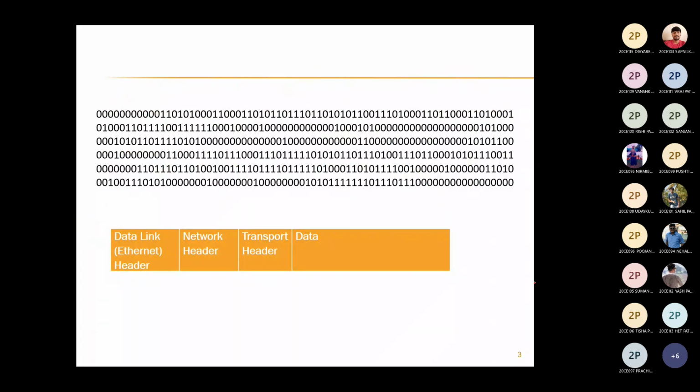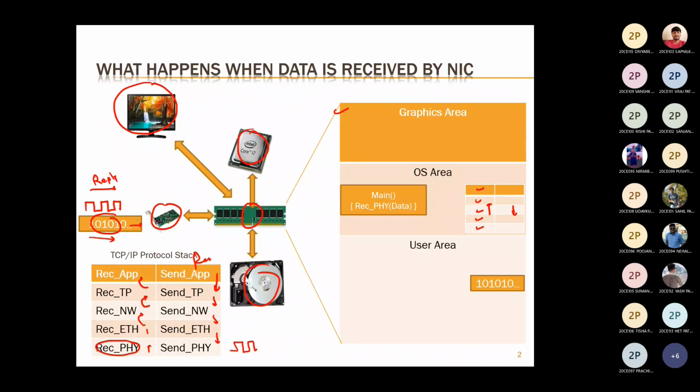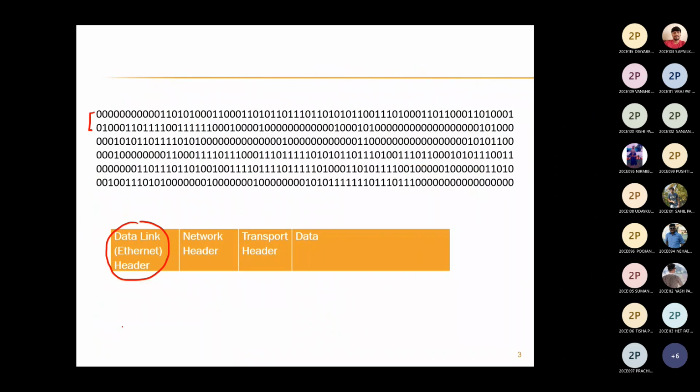So this is the normal sequence of ones and zeros that we looked into in practical number 2. This is the detailed explanation of practical 2. We are going to understand what we can derive for practical 8 and practical 9. So consider the first two rows. Consider the first two rows belonging to the Ethernet header. While the packet is received at the physical layer, it is stored into user area as ones and zeros, and then it is given to the Ethernet header. So now, the first two rows, let's say, belong to the Ethernet header.